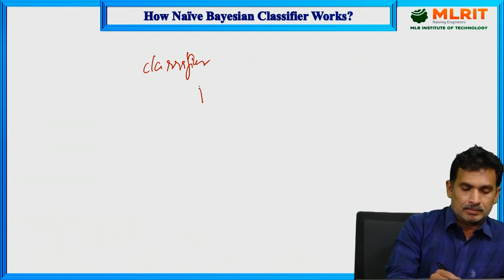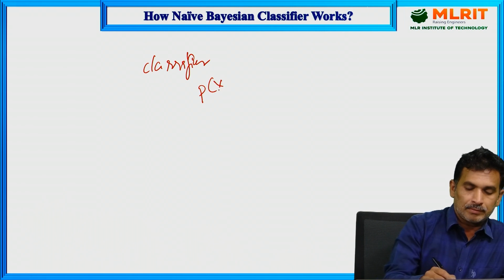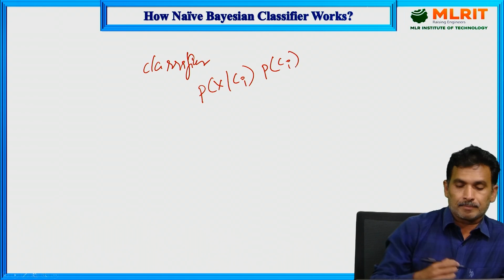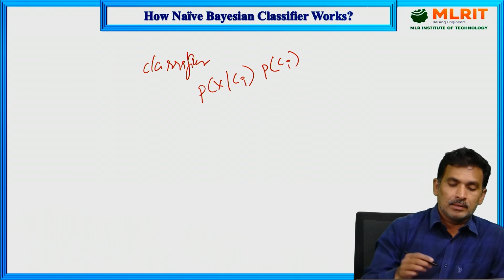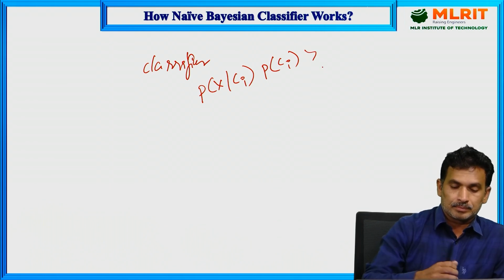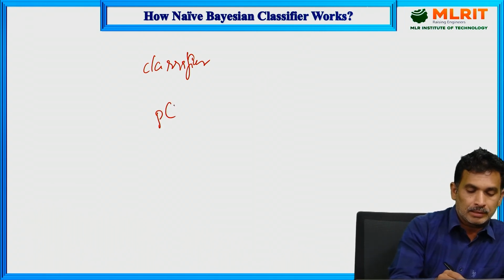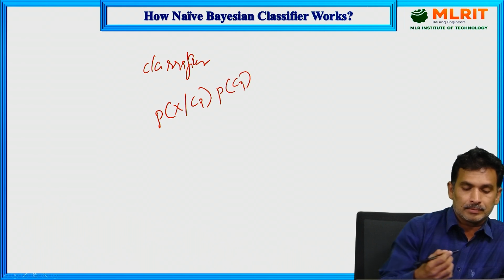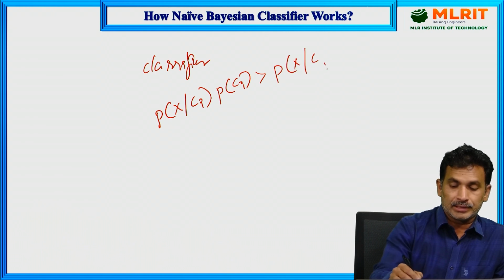That means the probability of x given Ci times probability of Ci is greater than the probability of x given Cj times probability of Cj,